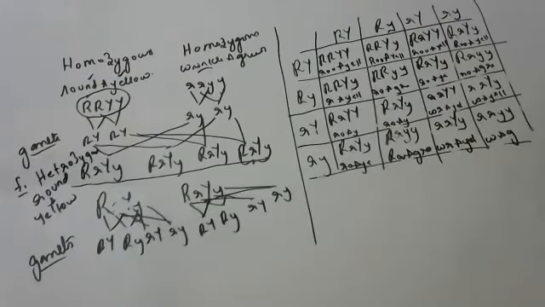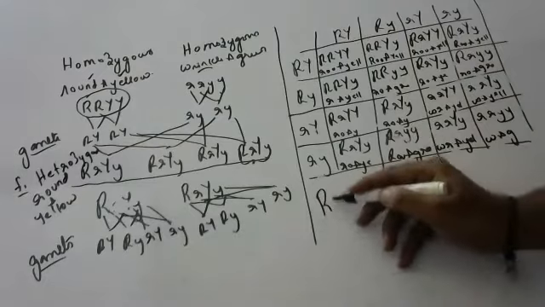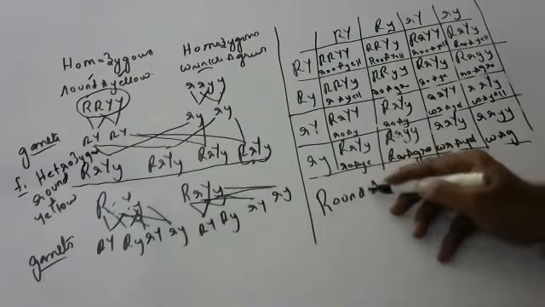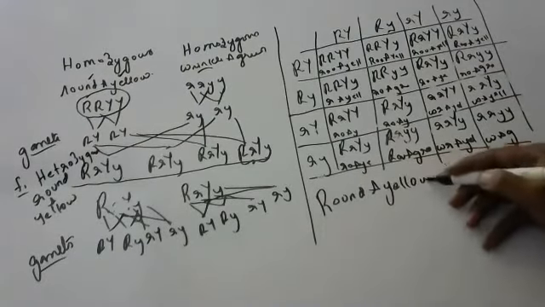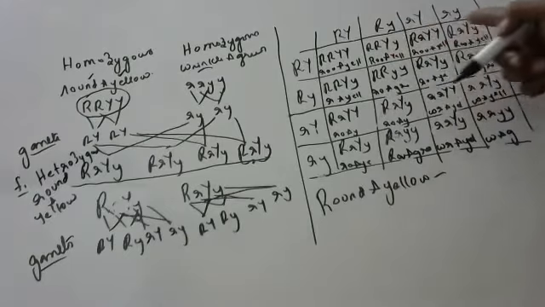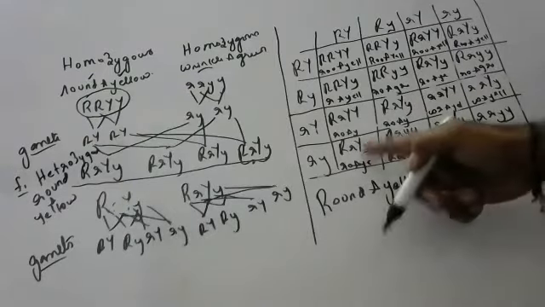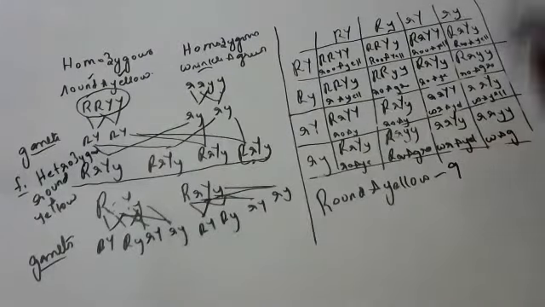Wrinkled and green. So four different characters we have seen, children. Round and yellow are there. Can anyone say how many round and yellow were there? Count and tell me. I will see who will count and tell. Count and tell. 1, 2, 3, 4, 5, 6, 7, 8, 9. Nine round and yellow are there.